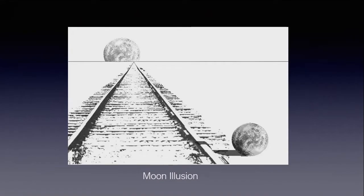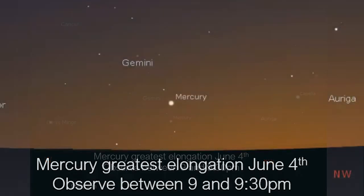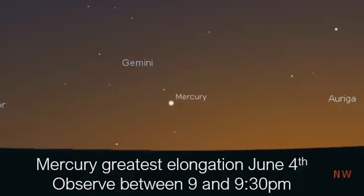Our smallest and fastest planet is making a fairly good appearance in early June. Mercury, which last month rose out of the western horizon as Venus was leaving the evening sky, makes its best show, its greatest elongation, on June 4th. If you look for it, especially around 9 p.m., it will be easily placed just below the feet of the